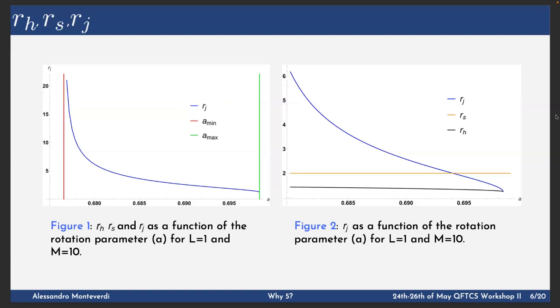So between 0 and A min, there is a regime in which the light surface doesn't exist, but the other 2 surfaces do exist. So the event horizon and the stationary limit surface. On the right-hand side, I plotted all 3 characteristic surfaces. And we can also see here a bit of the shell structure. So we have the light surface, stationary limit surface, event horizon. So we can see this division until a point at which the black hole is rotating so fast that we are approaching the extremal case. So the light surface is basically closing up on the event horizon. But